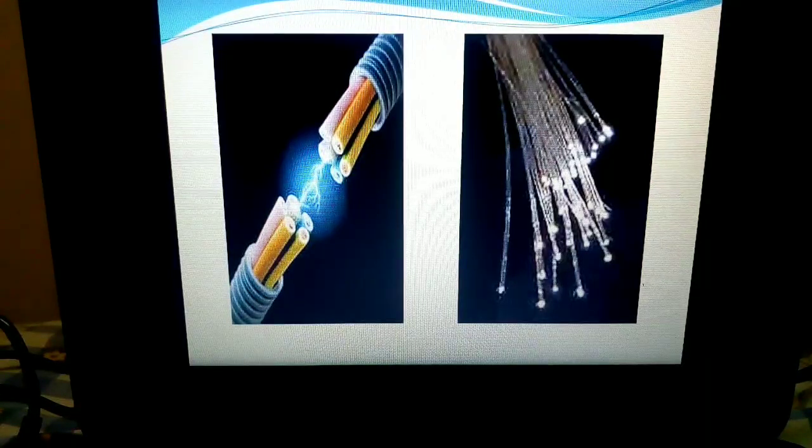Next, we shall see the advantages of fiber optics. The first one is that it is very much immune to electrical and magnetic interference. Immune in the sense that it is protected from electrical and magnetic interference. Interference is nothing but a kind of disturbance which has been generated from an external source. The external source might be